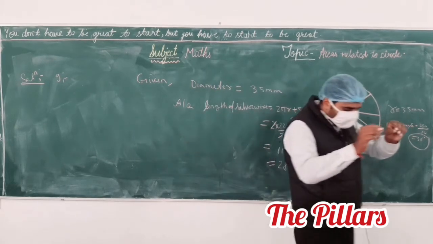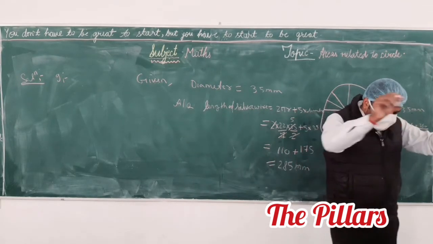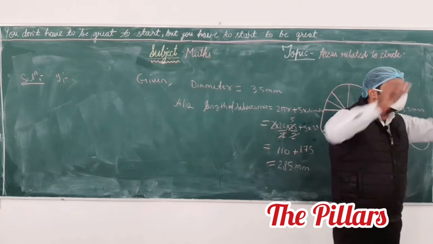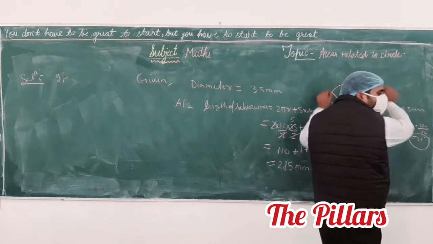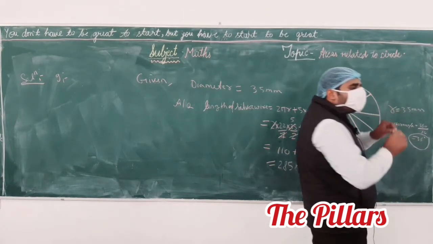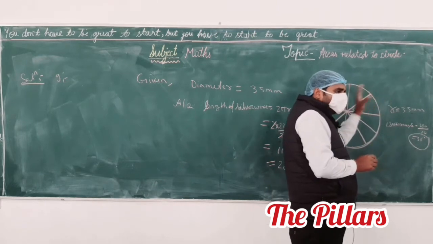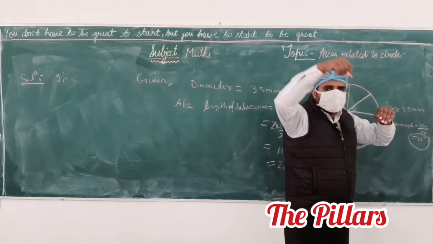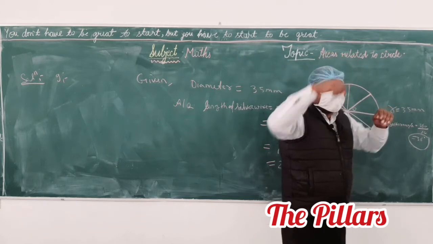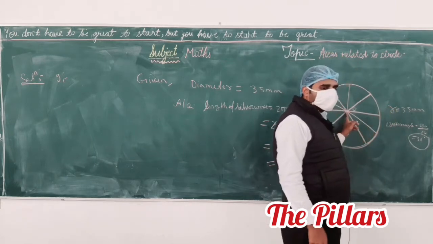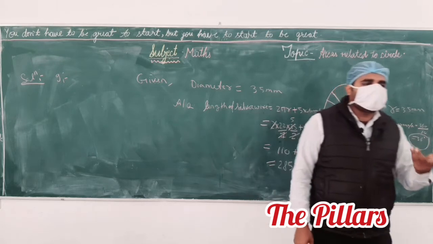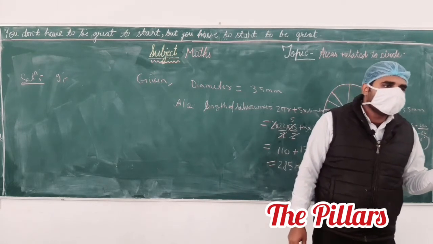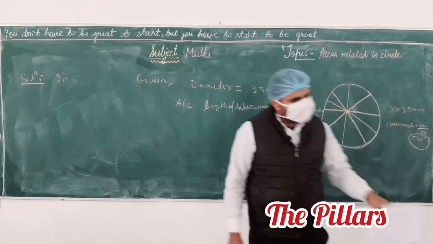Read the question. A brooch is made with the silver wire. It means this is the first way to make the brooch. After that we have to divide this brooch, that is, the total area of this brooch, into 10 sectors. It means we have to draw 5 diameters. I know the diameter passes through the center of the circle. Diameter is the longest chord which passes through the center. Till here, does anyone have any problem?